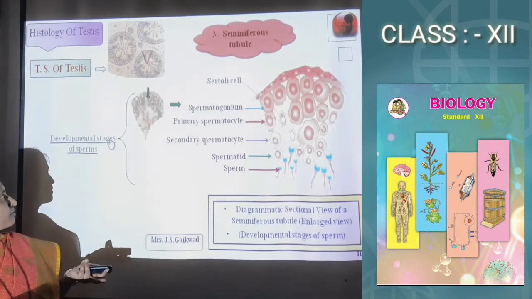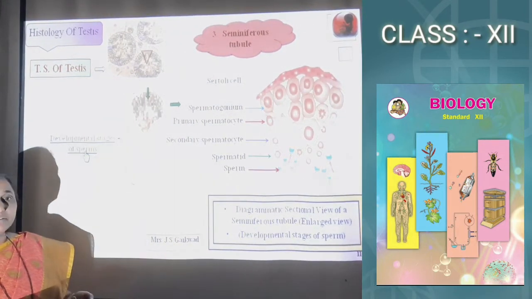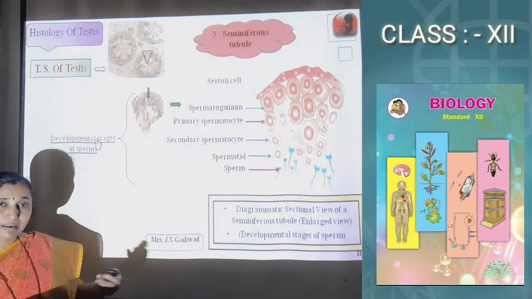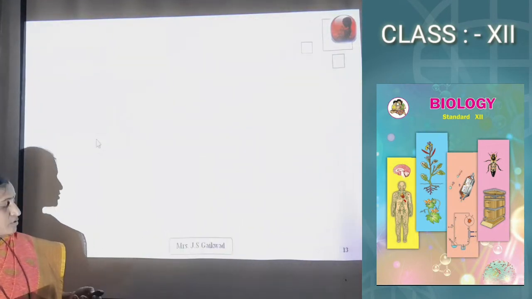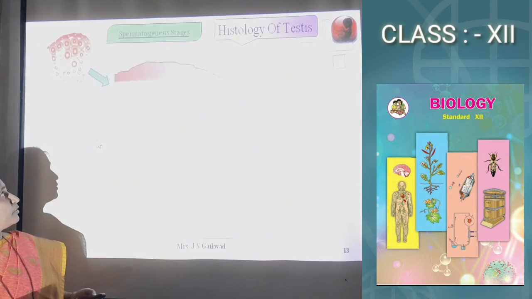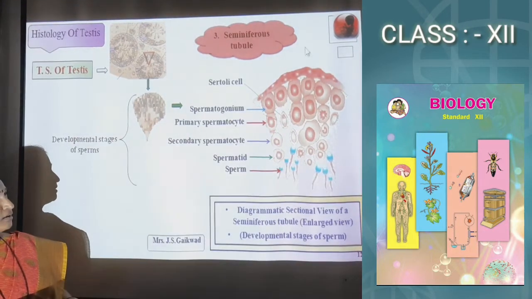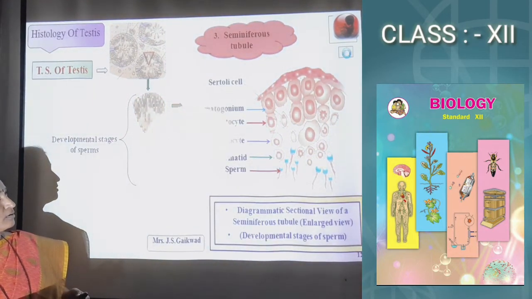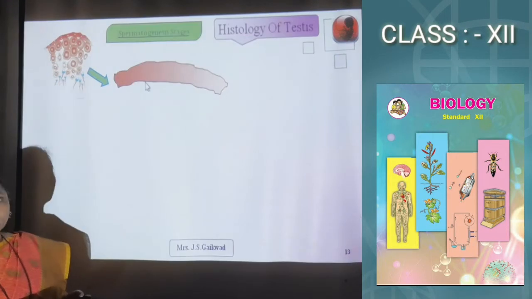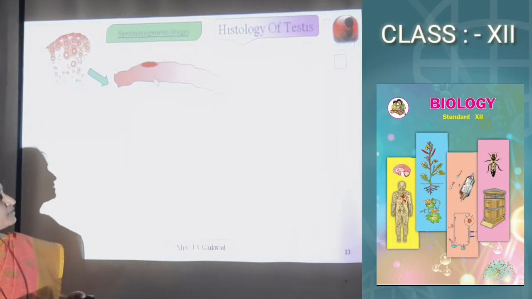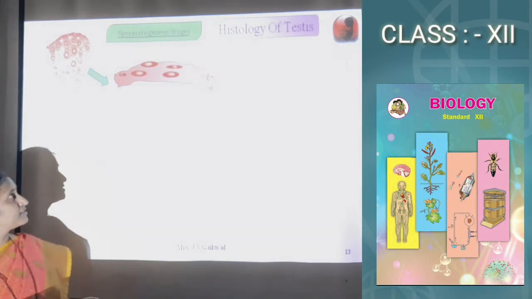In the exam, what should we write about these developmental stages of the sperms? For this, we must study the diagram. Next, the diagram of the developmental stages. I take this diagram from the previous lecture. Again I go to the next, the developmental stages, spermatogenesis stages, formation of the sperms. See here, germinal epithelial cells. This is the layer of germinal epithelial cells.